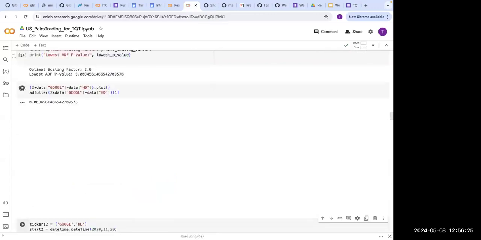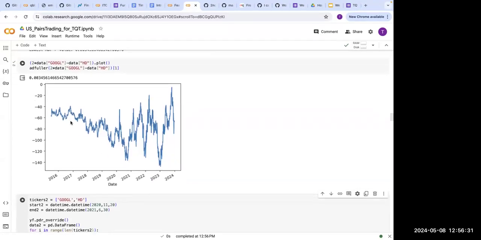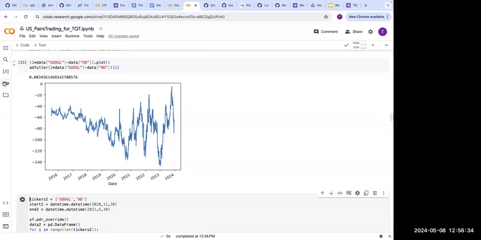Now, let's see how our Adfuller test currently looks. You can see that this trend is actually reverting to the mean every time it goes up or down. This means there is a reversion to equilibrium in the stocks, right? So if the spread goes beyond what is expected, it is actually reverting to equilibrium. So the Adfuller test helps you verify if your reversion is actually happening in the past.